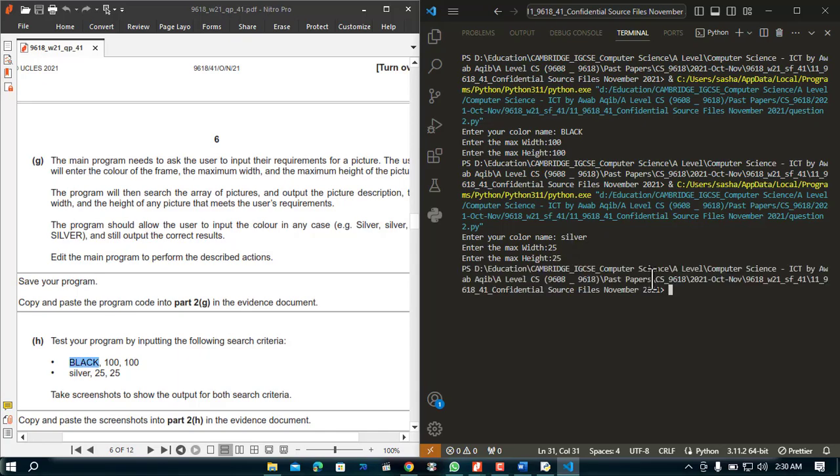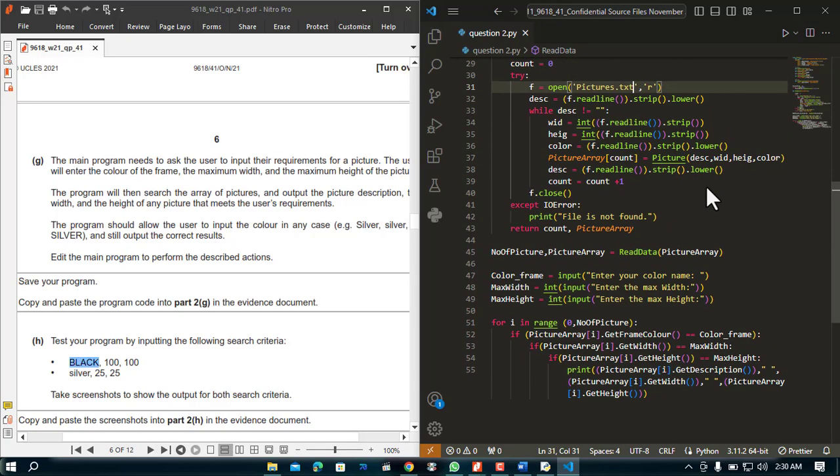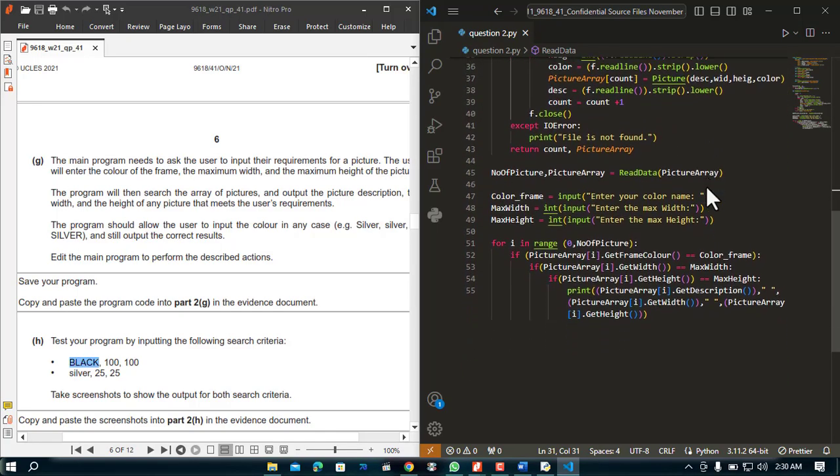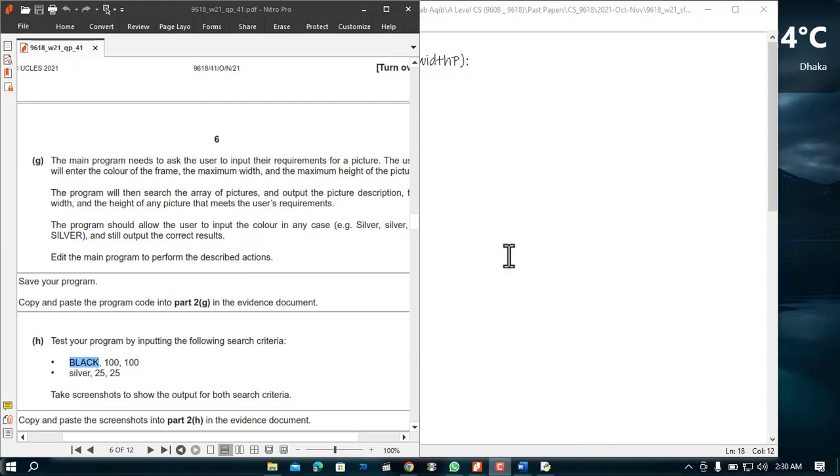Also it is running, there is no error, but why is it happening? There's no reason for this not running. So basically, as far as I remember, there's